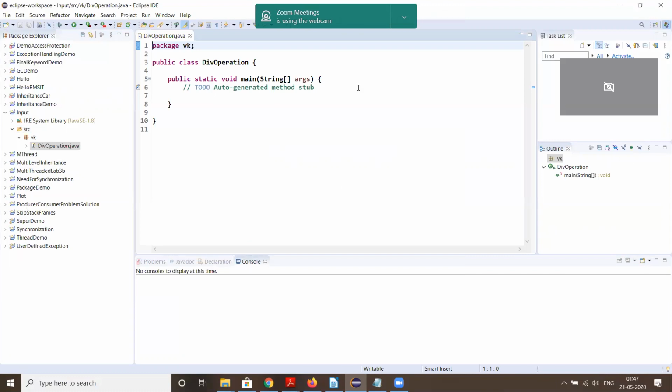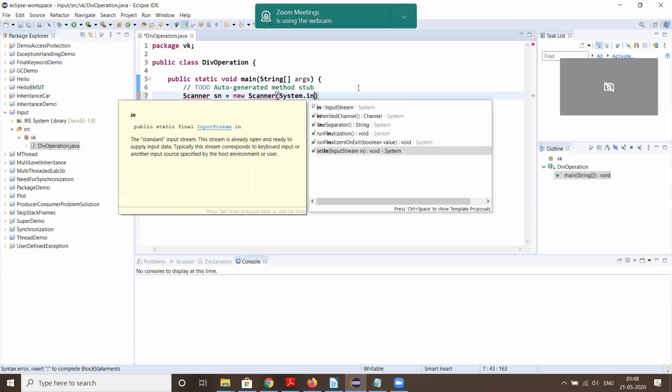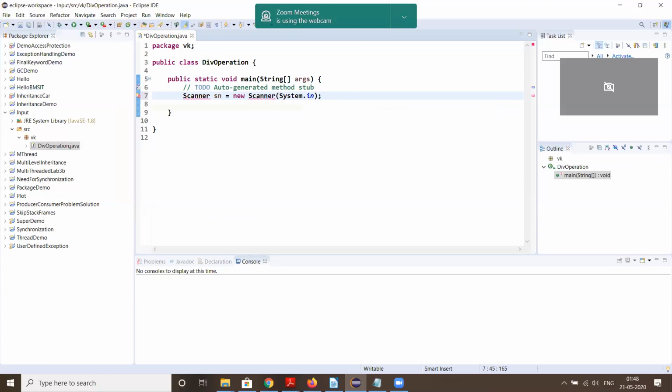First, let me create an object of type Scanner to take the input from the user. I need to pass the input stream to the constructor of the Scanner class.